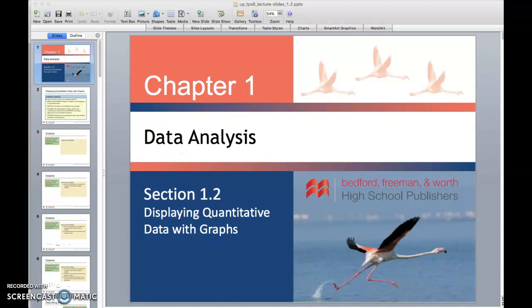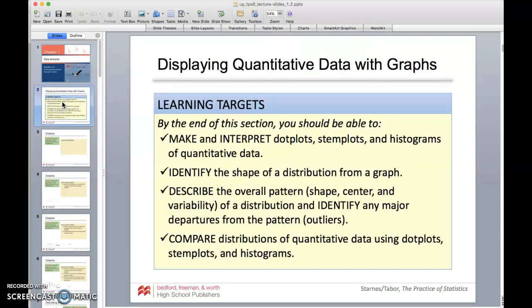All right, welcome back. We're back on Chapter 1, Section 1.2, and we're going to be talking about displaying quantitative data with graphs, a variety of ones, some of which I'm sure you've seen before, but it's certainly worth the time for us to go through those in detail. So by the end of this section, we should be able to make and interpret dot plots, stem plots,